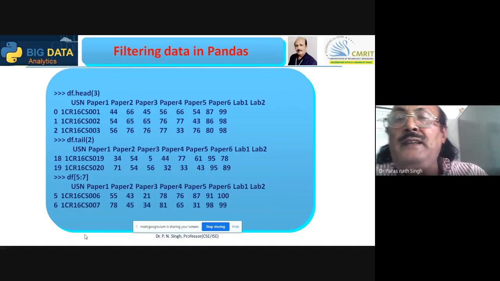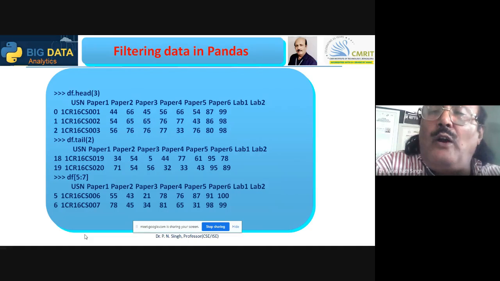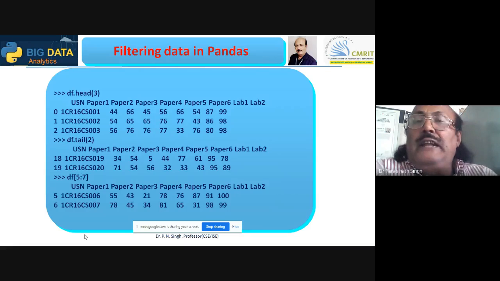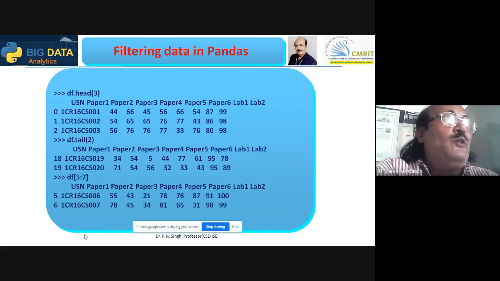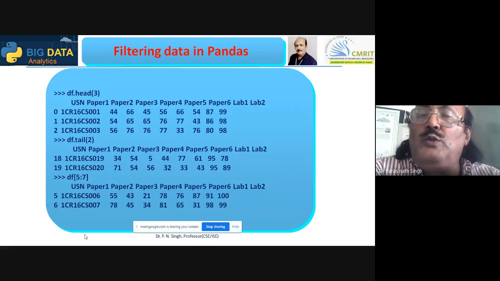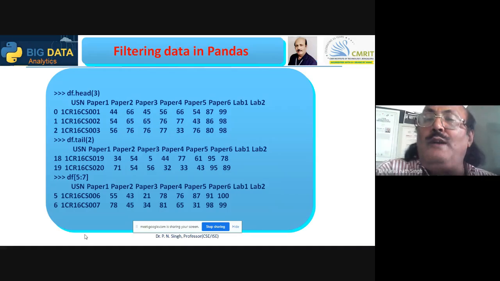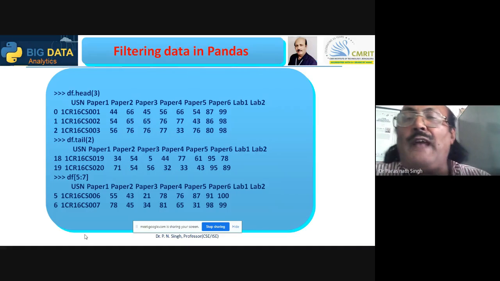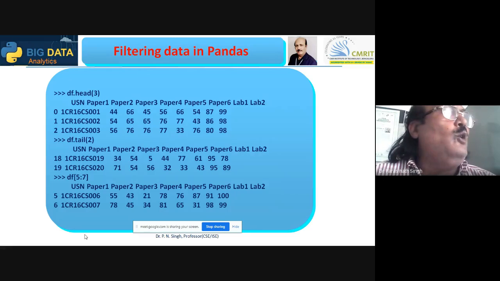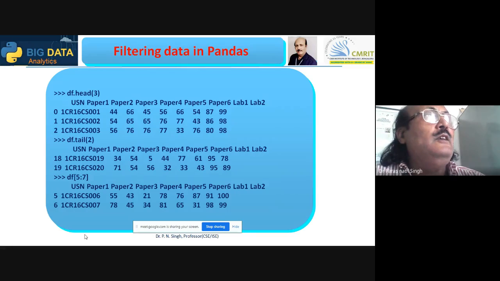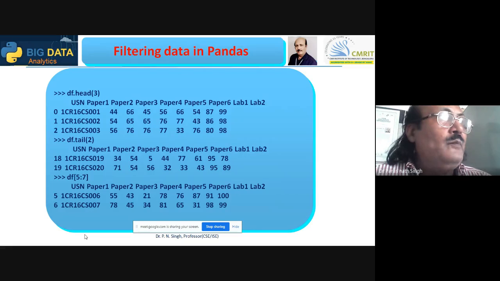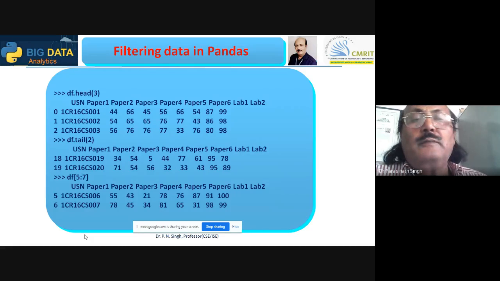So it is displaying record number 5 and record number 6. And there should not be any confusion if it is 5 to 7. So indices are from 0, so record number 5 is not the 5th, it is the 4th: 0, 1, 2, 3, 4. So what you have written, 5:7, it is displaying 5 and 6. If it is 5:10, it will display the range from record number 5 to 9. Okay, next slide we will go. Yes, sir.